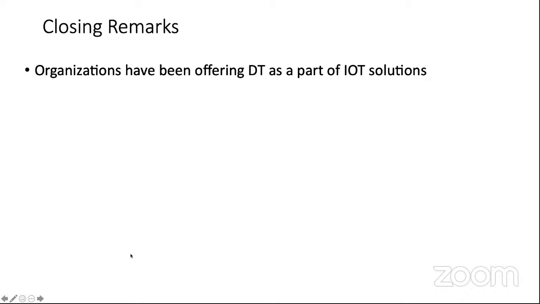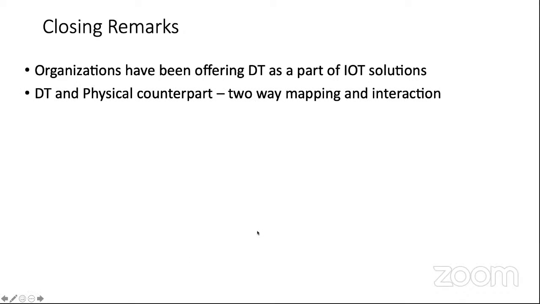Like, for example, companies would be saying that, well, I can offer a digital twin version of a particular motor to a client, and the client can basically do analysis on that motor, and then test a few things before even buying that particular motor from the company. So this digital twin can be offered as a service.